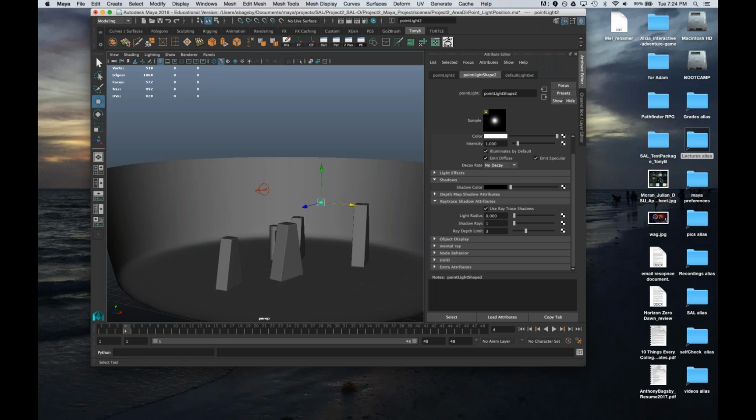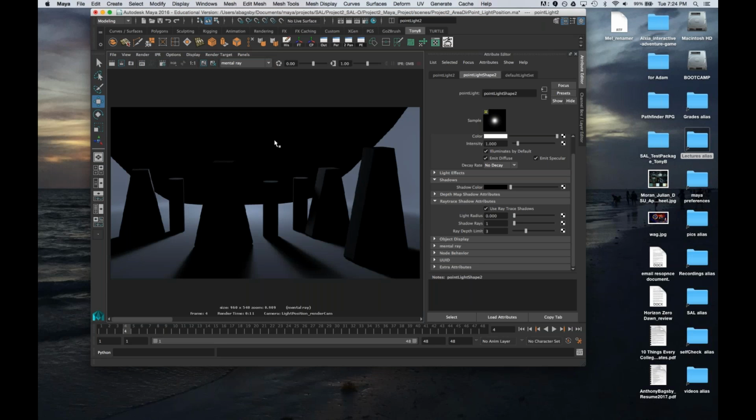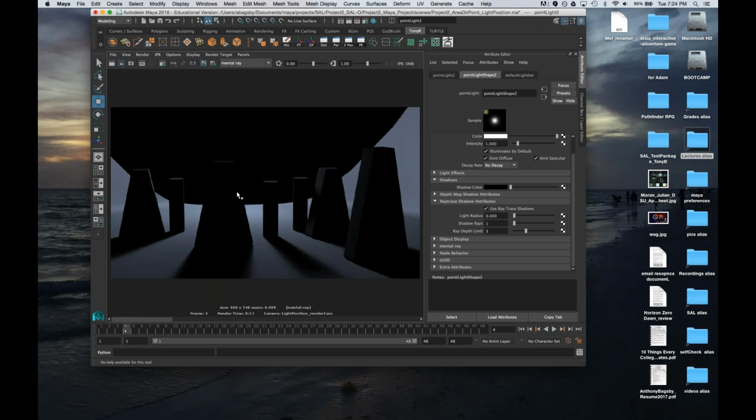Oh, I do want to show you, if you want to work like I like to, you can actually change your viewport to a render view so that you don't have a floating window. I like to do this, or I'll do 2 panels side by side, and I'll switch one to render and one to perspective. It's also faster when you're rendering if you only have the render view showing, so just a little bit faster. But that's how crazy I am.